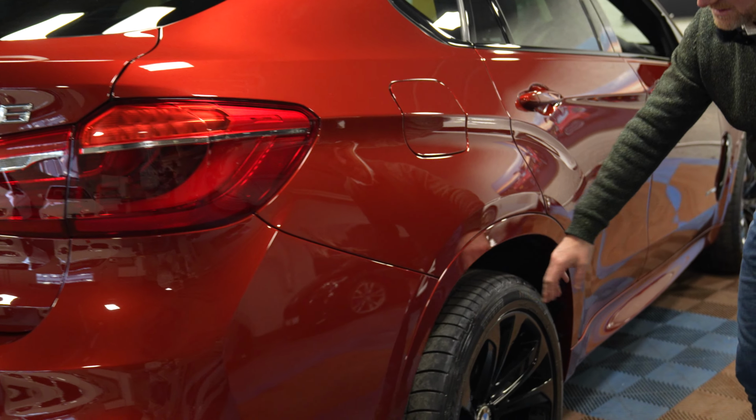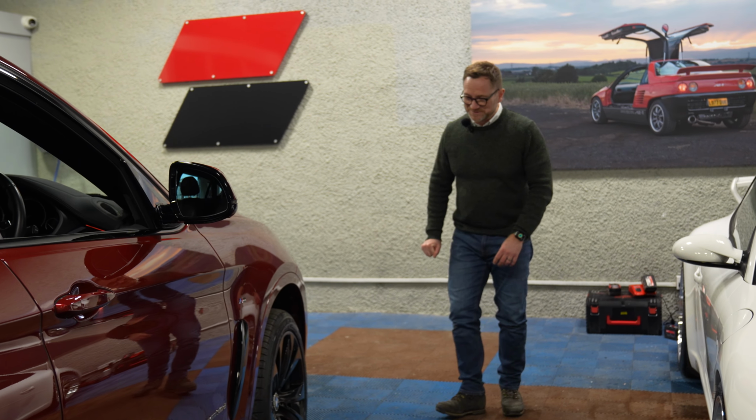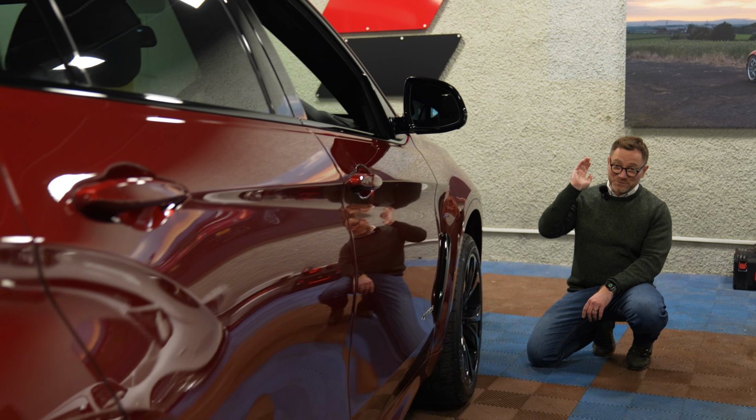Brand new tyre on the back, Dunlop Sport Max. I don't really want to see the bill for those. No. Because I imagine they'll be fruity. Yep. And again, looking down from the other end,